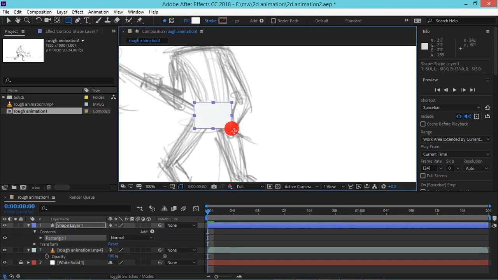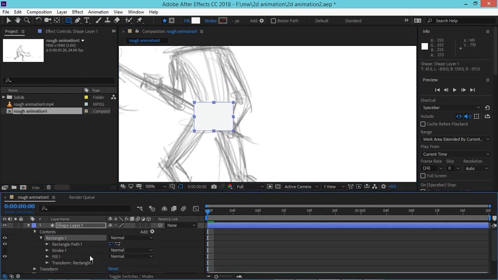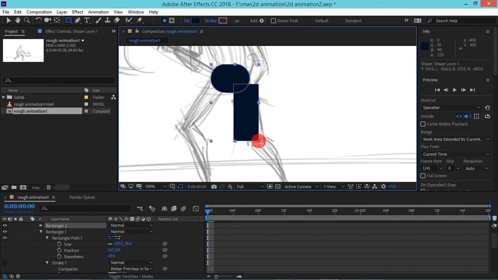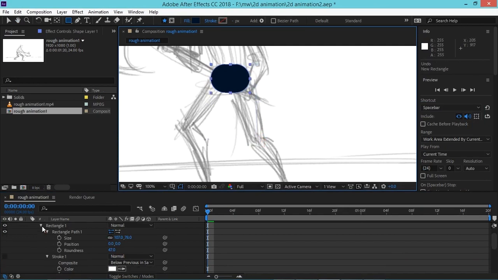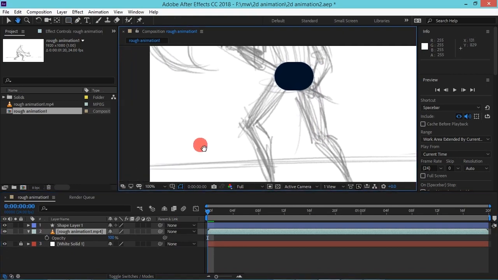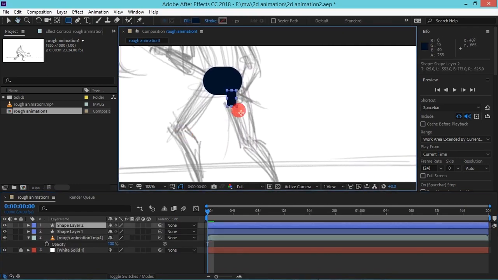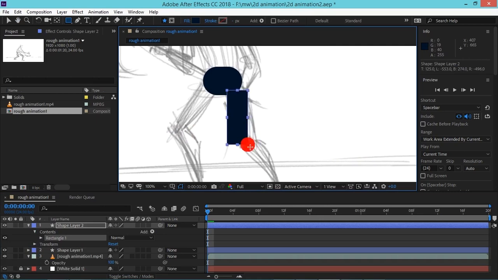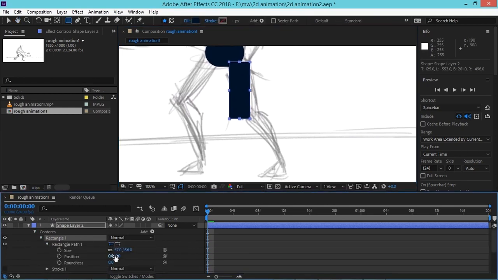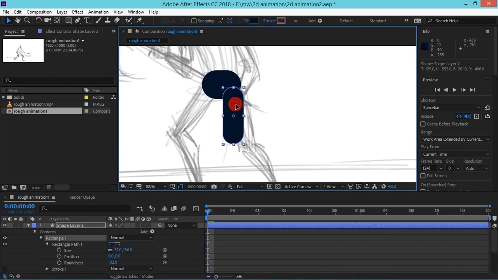Initially I am going to create a character with basic shapes. Draw a rectangle and go to shape options and adjust its roundness. Once you have created the leg, select it and duplicate it. To duplicate the layer, duplicate and adjust it to bottom of the upper leg. Now select both upper leg and lower leg and press